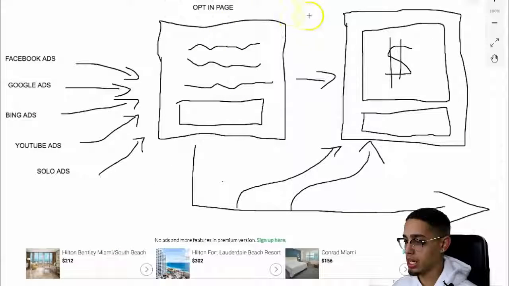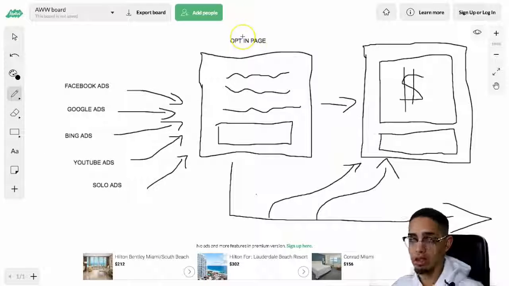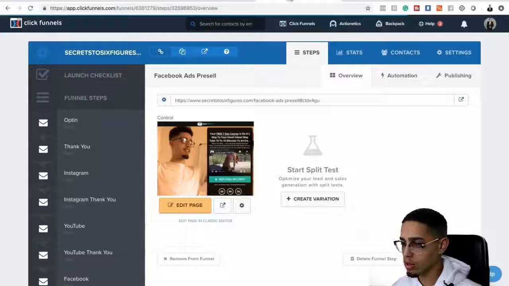I have an opt-in page, and then there's a pre-sale page. And then after they get to the pre-sale page, they get to the affiliate offer. So it's a three-step sales funnel. First, the opt-in page. Second, the pre-sale page or thank you page. Third page is the affiliate offer. So if we look here,